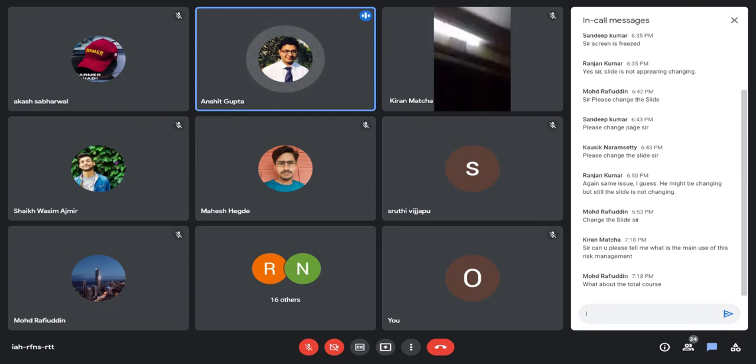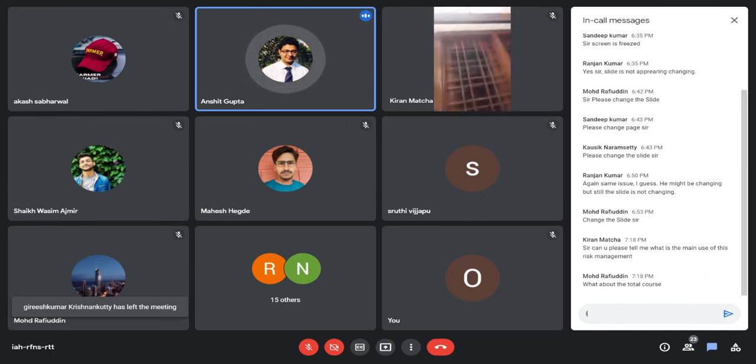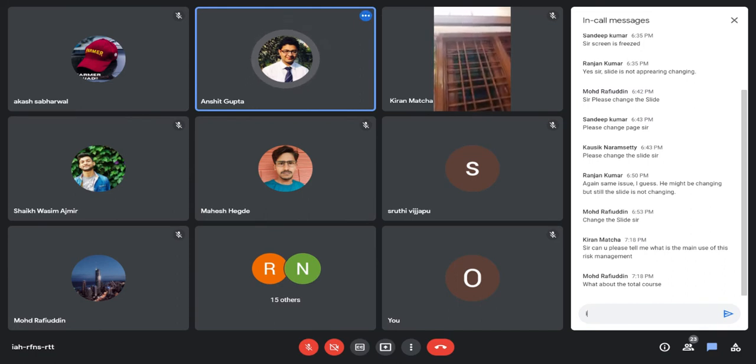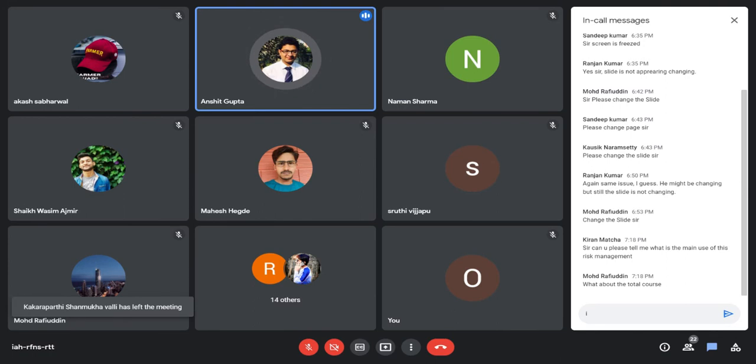Sir, can you please tell me what is the main use of this risk management? Yes, sir. See, the main aim was, which was the objectives which I was talking about. When you prepare this risk register, what happens is you highlight all the issues that you have regarding the project, and then when you share these issues with the management, they handle those issues, they mitigate the risk. So this helps the project in saving time, saving cost, saving quality. Okay, all these things you are able to do via this risk management, and this is what the actual use of risk management is. And if I talk about it for you as a professional, how doing risk management will help you in your career, if that is what you are asking.